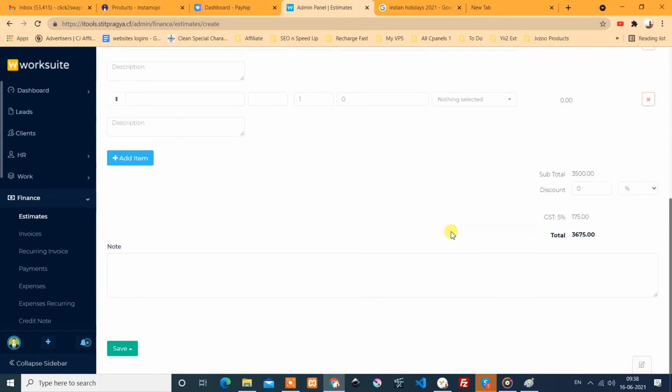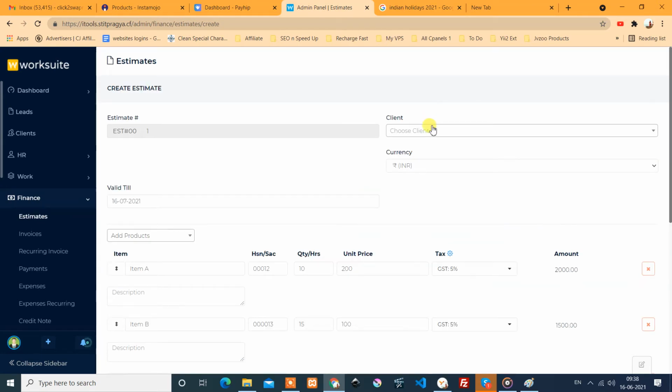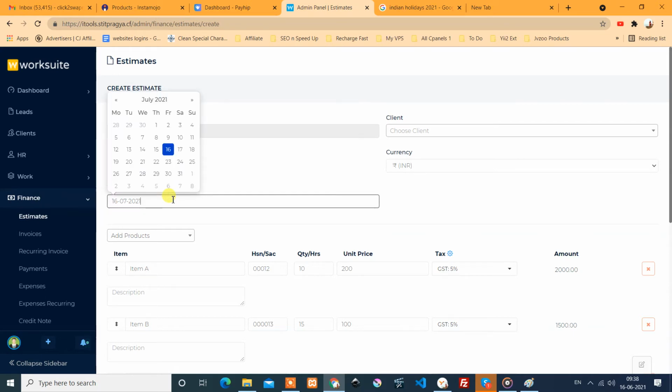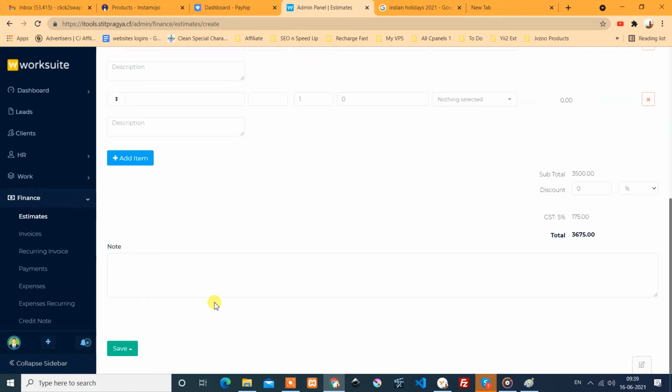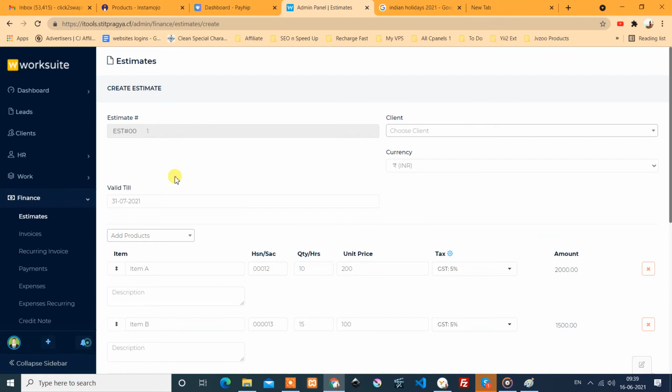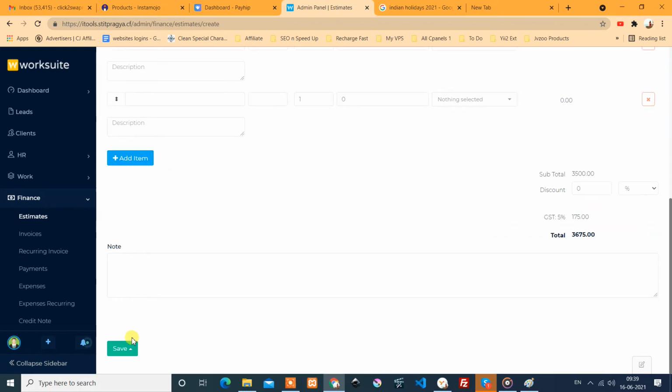And if this is the invoice, but we currently don't have the client, and this estimation has the date, because that estimation depends upon the market price. So you can say that this estimation is valid till the end of this month only, or next month, or maybe that particular date, and you can save it.